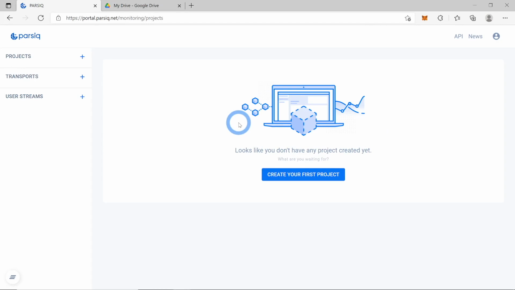Hey guys, today I'll show you how to use PARSIQ for risk monitoring. So let's say you accept funds from your clients and you need to get risk data for AML compliance purposes. First of all, we'll start with getting all the data into a Google spreadsheet, and then we'll proceed with getting